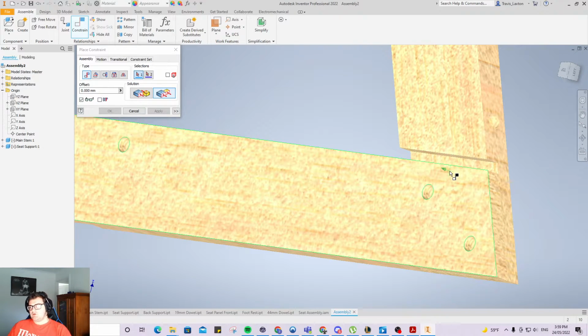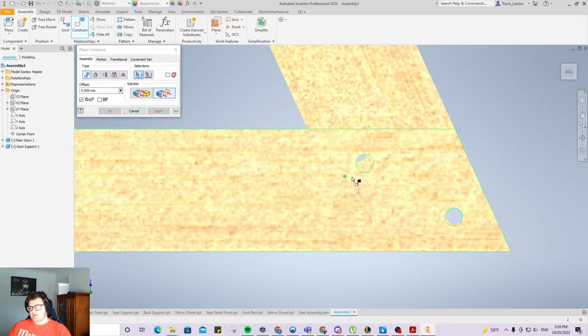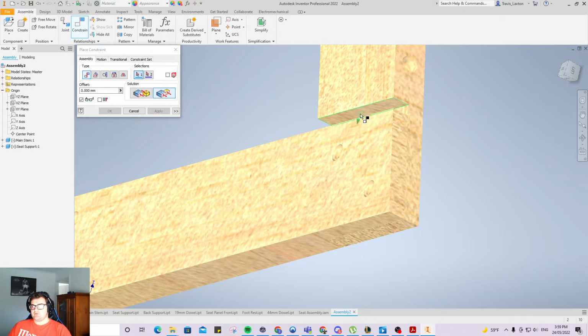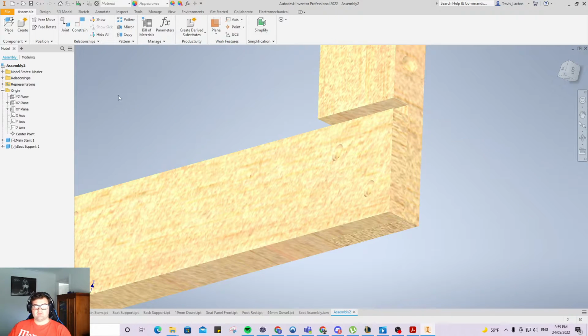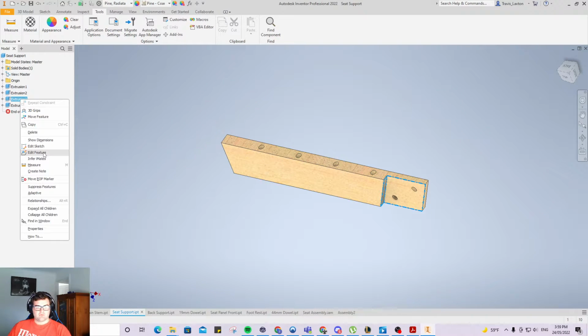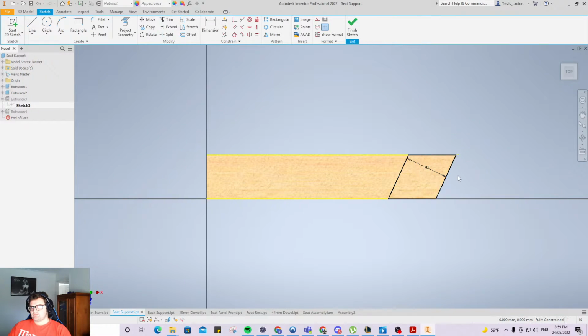Why is that too long? No. Alright, and let's have a quick double check. And our holes don't line up either, so something's obviously gone wrong there, and I think it's got to do with the length of that. So if I cancel that, let's go back to our seat support, and let's have a double look at how we cut this out. We go edit sketch,